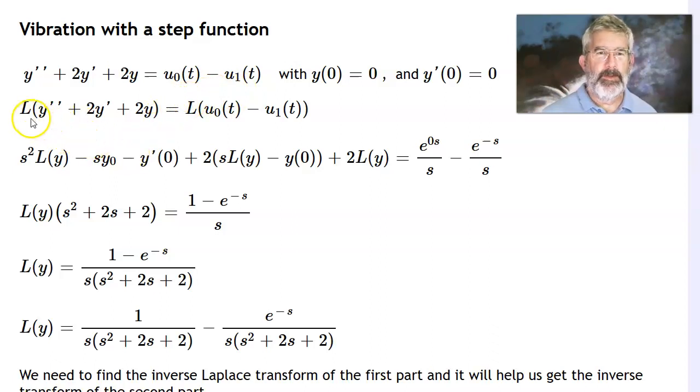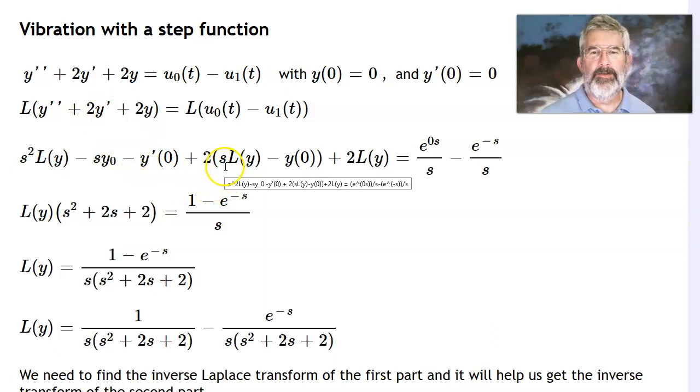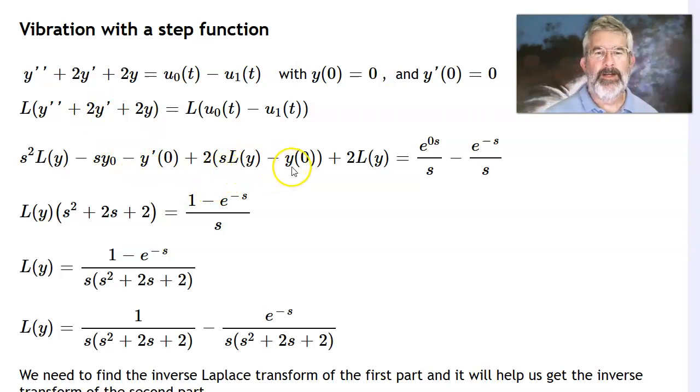And the Laplace transform of the second derivative is 2 times the... actually, I realized that these notes were made a while ago before I knew how to do the fancy script, so I'm just using a capital L for Laplace transform instead of the script L. But anyway, this is the Laplace transform. The second derivative is s squared times the Laplace transform of y minus s times y of 0 minus y prime of 0. Then I've got plus 2 times the Laplace transform of the first derivative, but the first derivative looks like this, s times the Laplace transform of y minus y of 0,